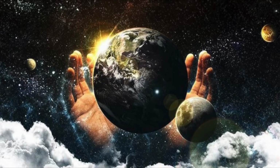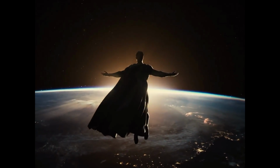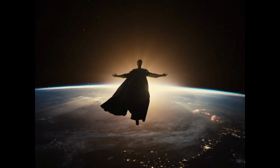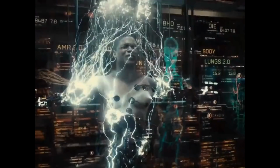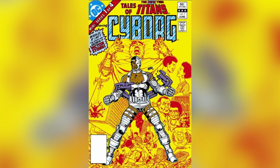God created the world in 7 days, making it a number of completion, while 3 represents the Holy Trinity. The Superman as Jesus metaphors were not subtle in Man of Steel, and they're less subtle here after he goes through a Christ-like resurrection. Cyborg is created by a mother box called Object 6-1982. This is a reference to the new Teen Titans #1, which was released in June 1982 and told the origin